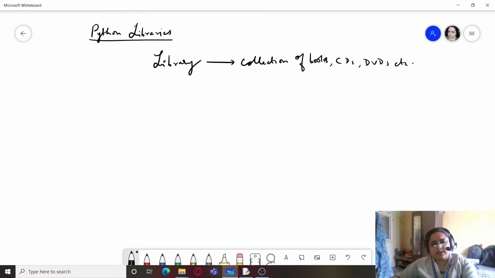Here also in Python, we have a huge library, and we can imagine a library consisting of different shelves, and each shelf can contain a different group of methods. Different types of methods can be categorized under different shelves, and each of these shelves forms a module.